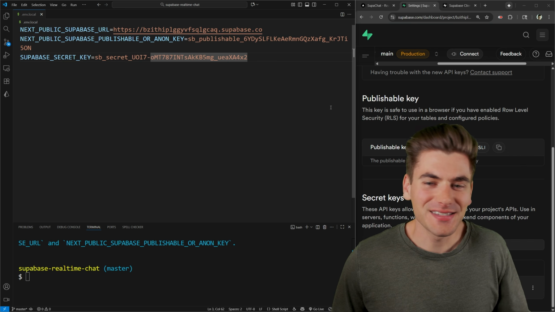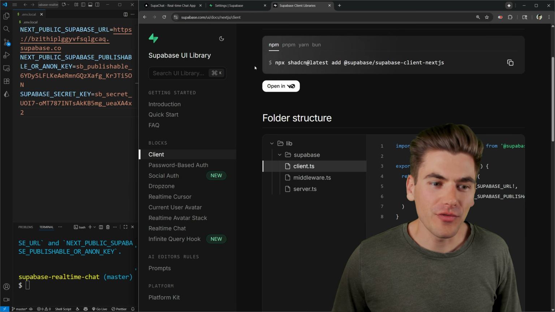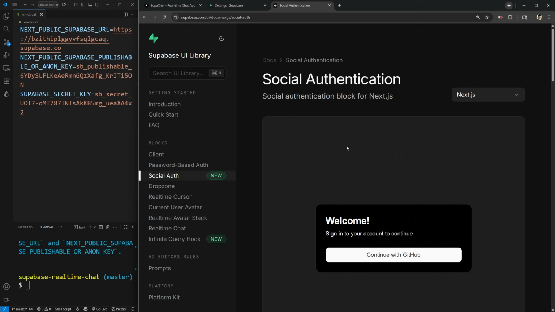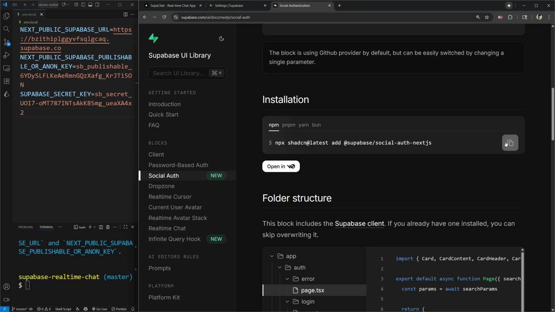Now from here, just to test that we have everything working, I want to get authentication set up in our application. So if we go over to that UI library, we have a password-based authentication that we can set up, or we can do social-based authentication. This defaults to using GitHub. You can change it to whatever you want, but we are going to be using GitHub, so this actually works great. So we can just copy over this command and we're going to run this,